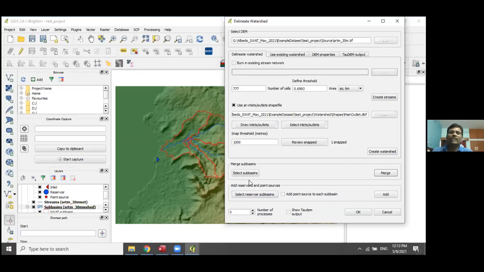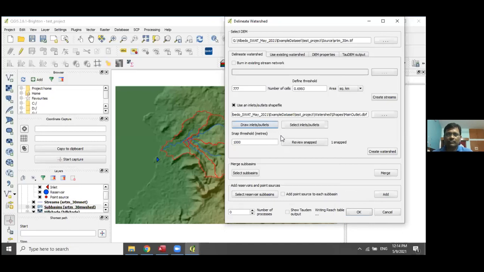Only then will the contribution of these structures be considered in the model calibration and validation, and finally in simulating the water balance components. Now I don't have the related information about these structures, that's why I will skip this one and just say okay.